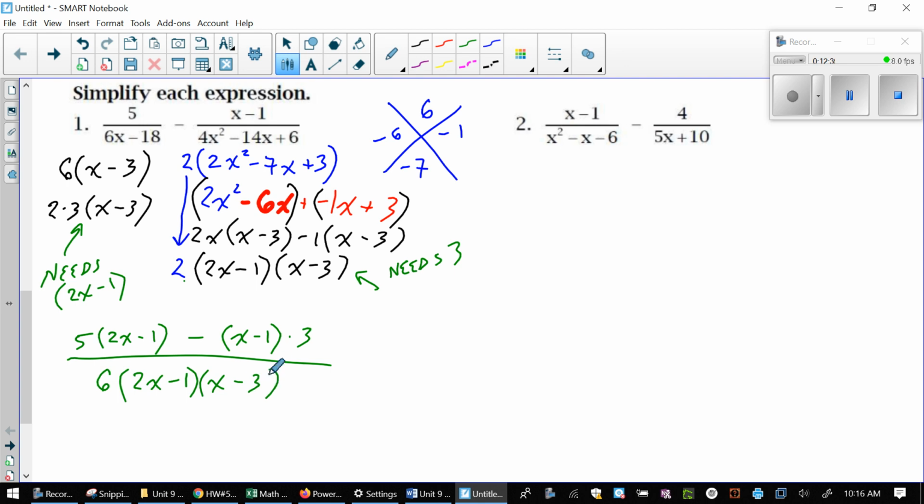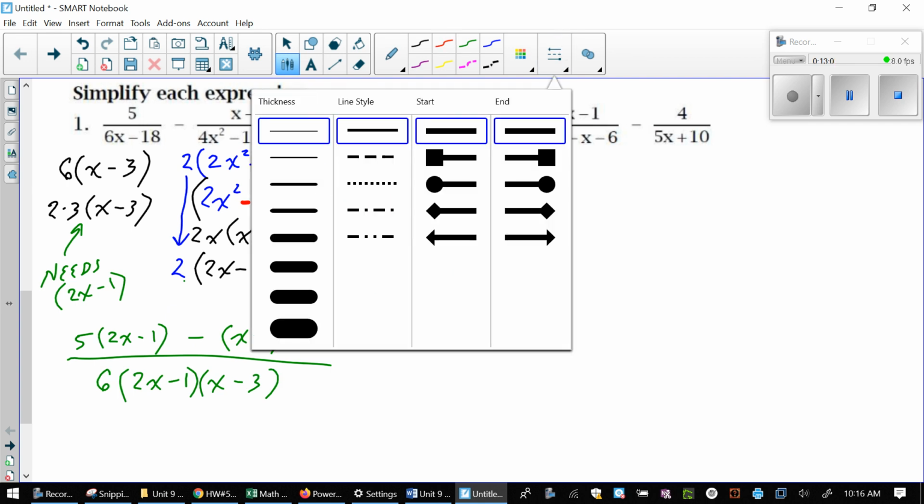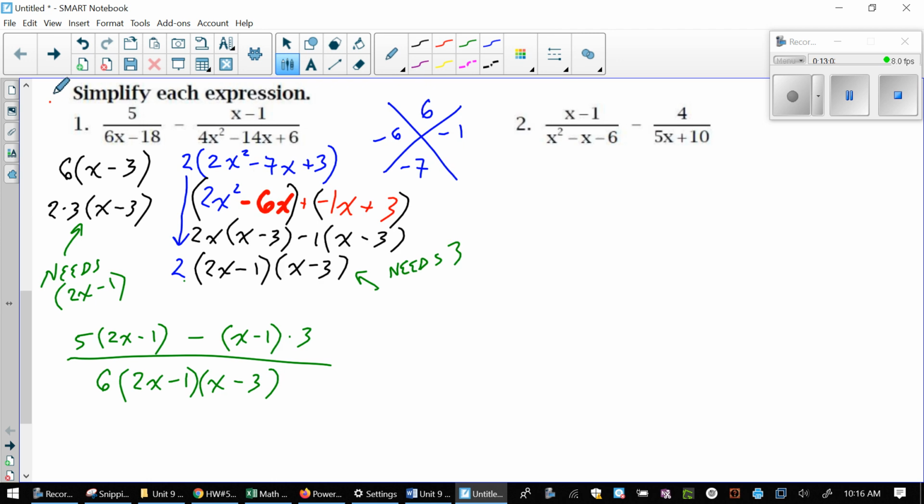So I'm kind of combining some steps here. Hopefully you guys are okay with that after the work that we did yesterday with our monomial expressions, because we know once we figure out what to multiply by, we can combine the 2 in the numerator and keep our common denominator as one term. All right? So now all we have to do is simplify that numerator. Remember, once we get this denominator, we're not going to touch it. We like this nice factored form of the denominator, but we are going to simplify this numerator because we can